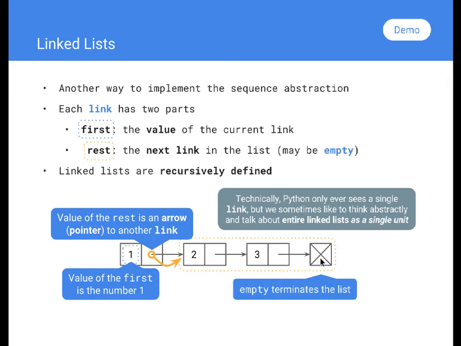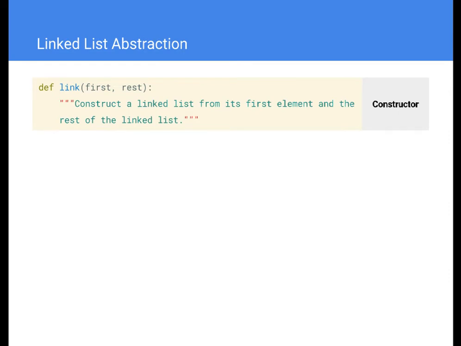All right. So the linked list abstraction, I've kind of already shown you how linked lists work. We have a couple functions. I can create a link using the link function, which takes in two arguments, a first and a rest. And we call this function a constructor because it creates a new link structure. Then we also have two functions, first and rest. What they take in is a link that we call, for example, s, and they're called selectors because what they do is they return the first element of the link and the rest element of the link.